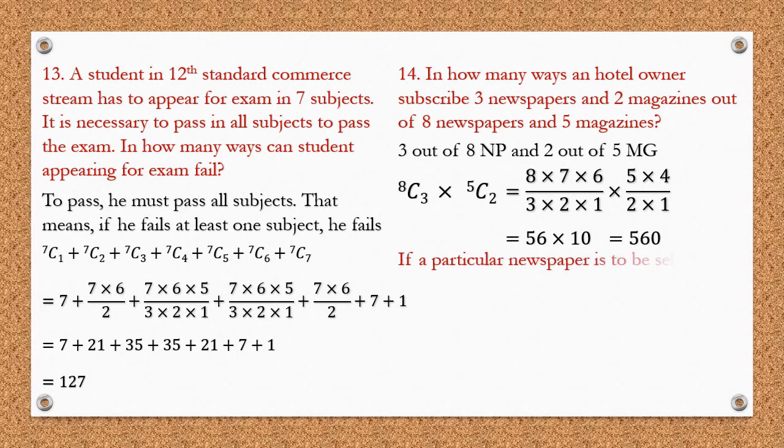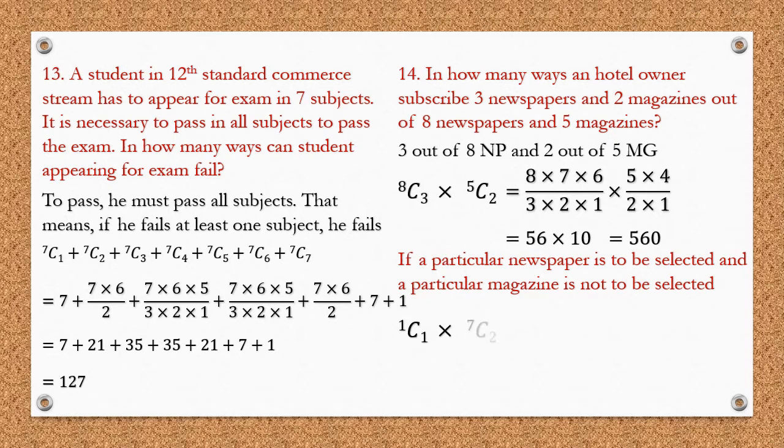But there is a second question in there. If a particular newspaper is to be selected and a particular magazine is not to be selected, so a particular newspaper must always be selected. So out of 8 newspapers, 1 newspaper must be selected, 1C1. So the remaining 7 newspapers are there and the remaining newspapers to be selected are 2. So 7C2. And 1 magazine must never be selected. So out of the total 5 magazines, I am going to remove 1 magazine. 4 magazines will be left,